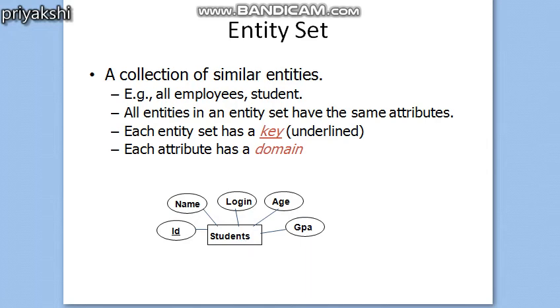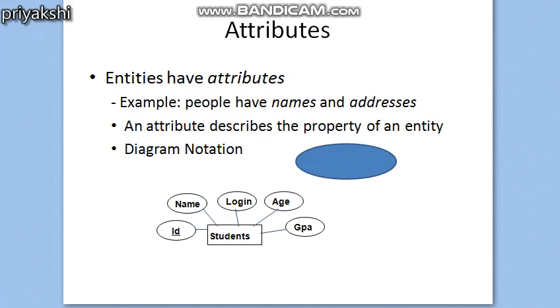Next we will see what an attribute is. Whenever we define an entity, every entity has some attributes. Attributes are the particular properties that describe a particular entity. For example, a student is described by their roll number, name, login, age, and CGPA. So an attribute describes a property of an entity.